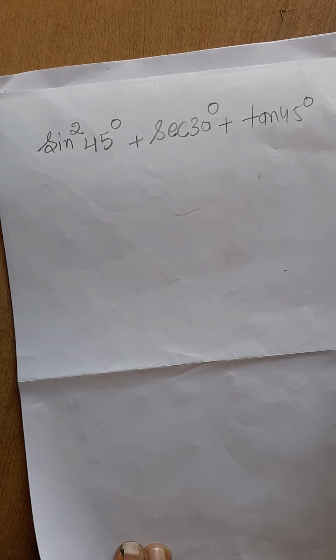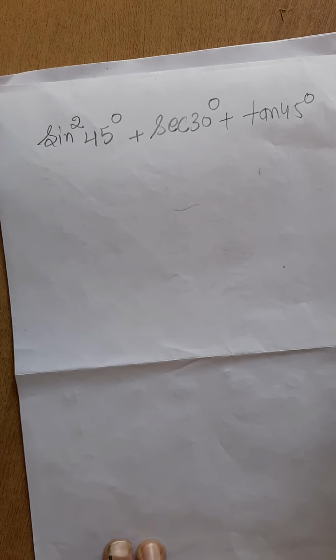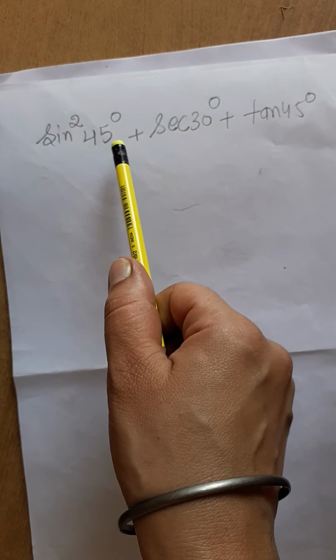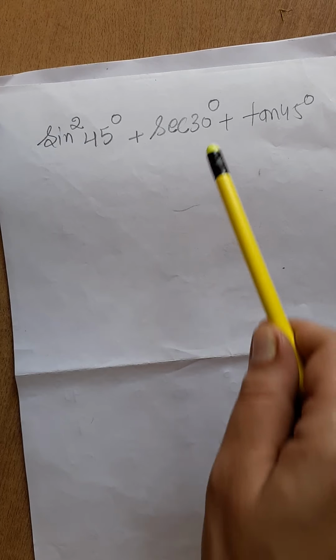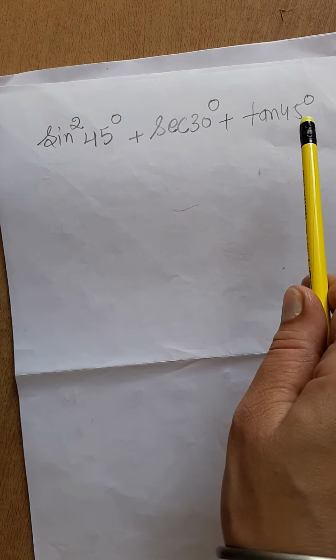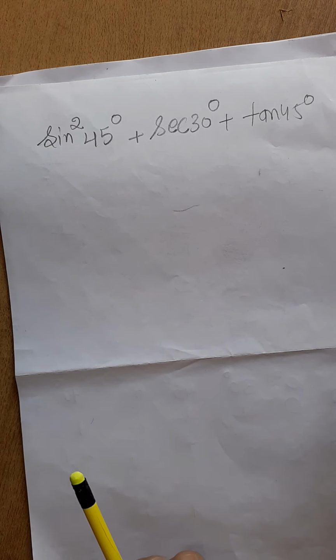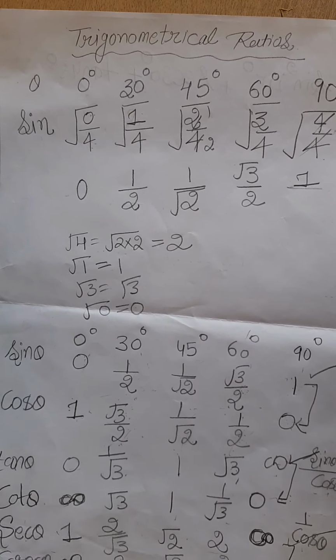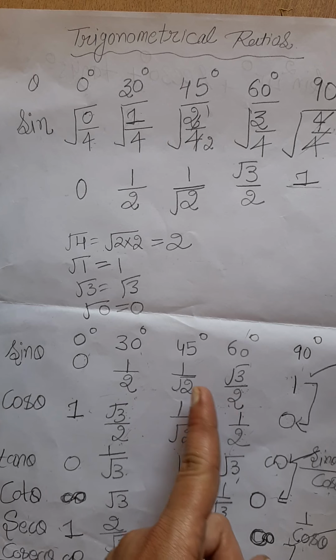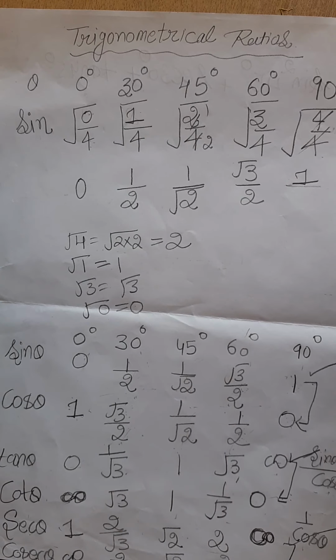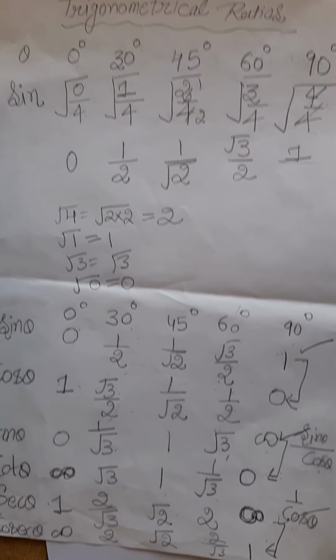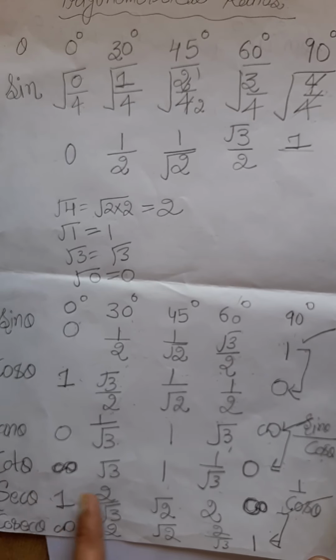Now you can see we use 3 values: we need sin 45, secant 30 and tan 45. So you can see from your table. What is the value of sin 45? Sin 45 is 1/√2 and tan 45 is 1 and secant 30 is